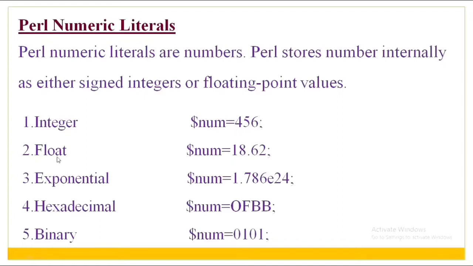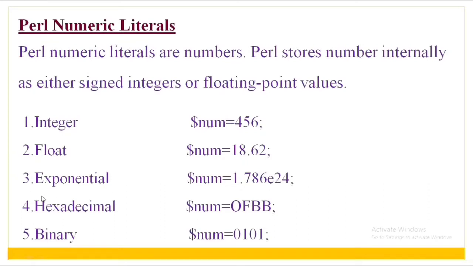Next, float. Float is a point value. So $number equal to 18.62. 18.62 is the floating value. So the variable is declared as number equal to 18.62. Next, exponential data. 1.786e24 is the exponential data. So the variable is declared as number equal to